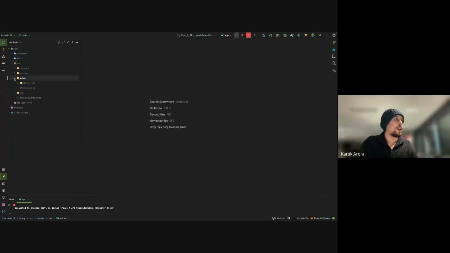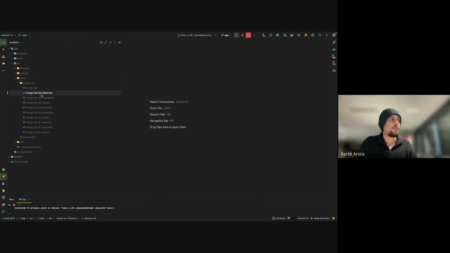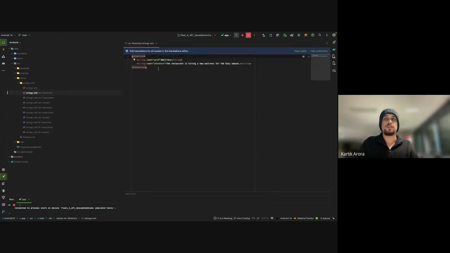Okay, so what I have here is strings in bucket for different languages, and then as you would set any